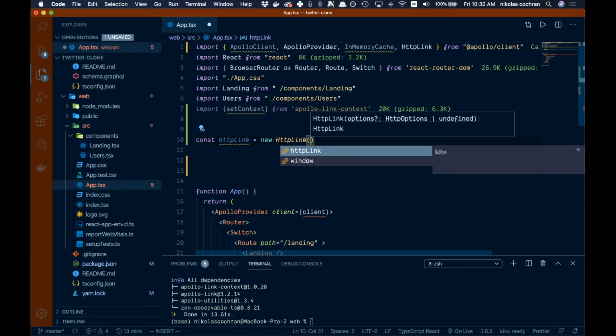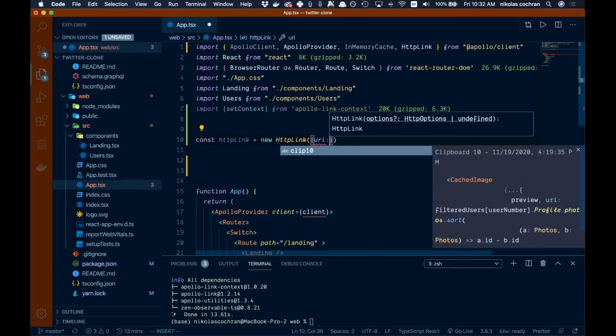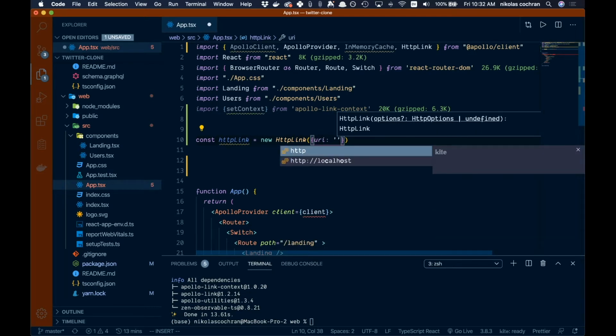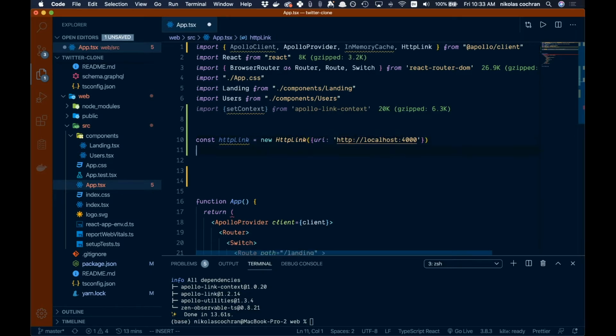And then we're going to come in here and we're going to create an object here. And we're going to have a URI. Okay. And that's just going to be our HTTP // local host 4000. So that's our previous URL that we are using. All right, so once we have that, we're going to come down here and we're going to create our auth link. All right, so let's go const auth link, and that's going to be equal to set